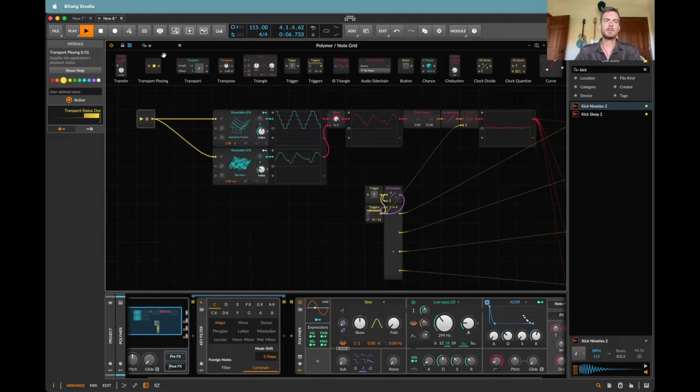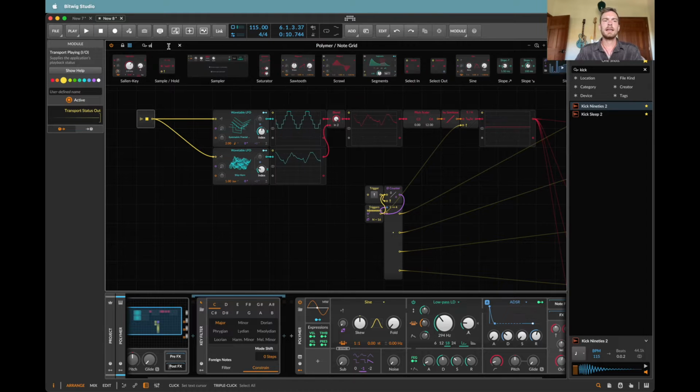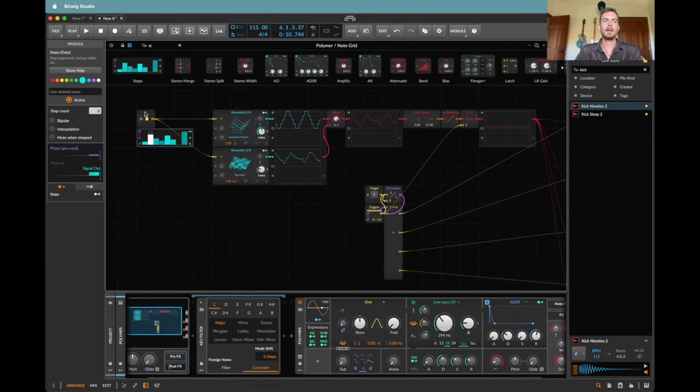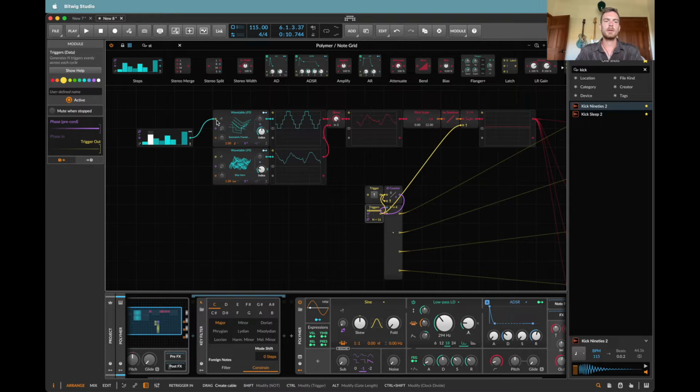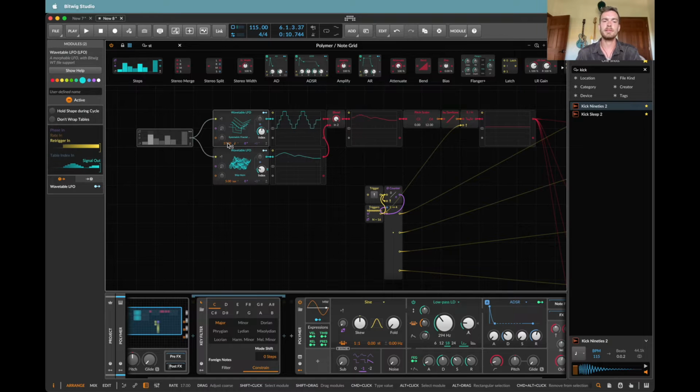Also, because this transport playing is just a totally high gate all the time, we could use, say, a step sequencer. And let's get rid of that, and that means that we'll at least have the ability to pick how often we want to restart the pattern. Because if we had a 5-bar pattern here, let's take this for example, let's make this like 17. It may feel a bit wonky to the listener, and we may want to have that sort of wonkiness, but